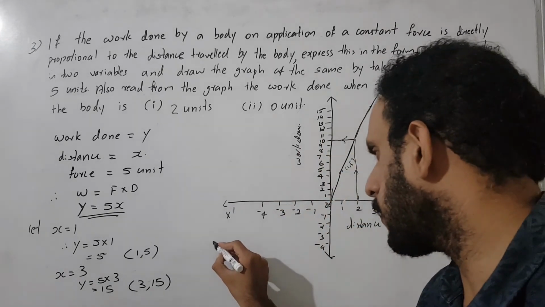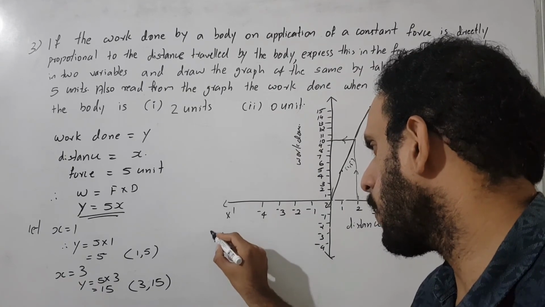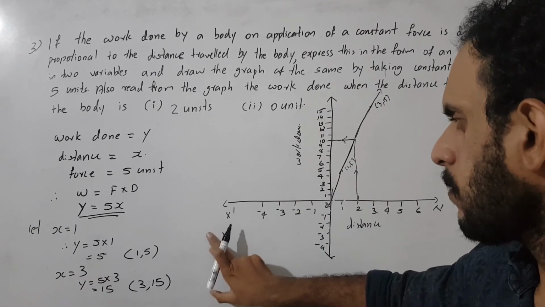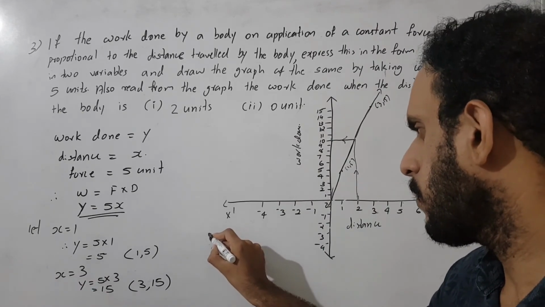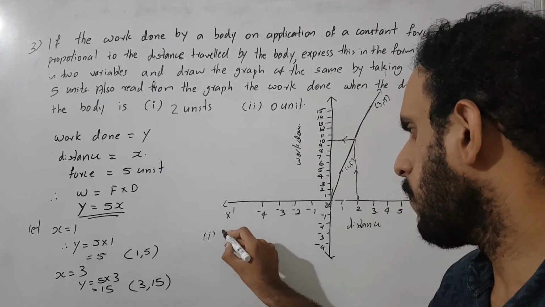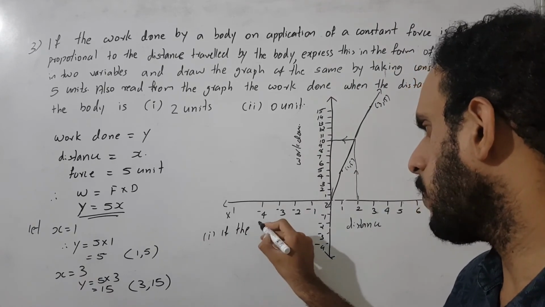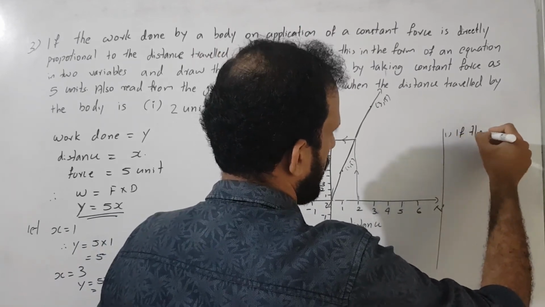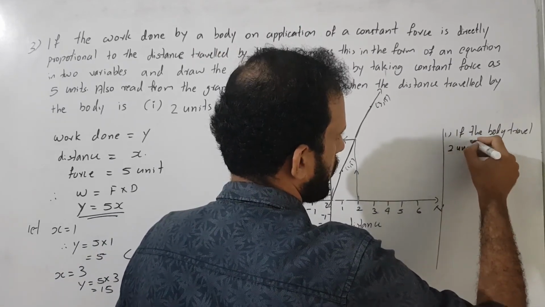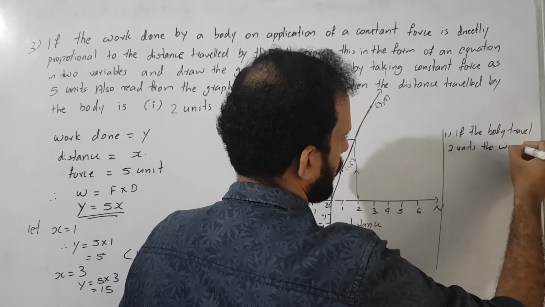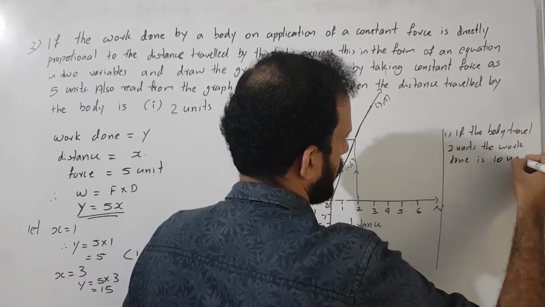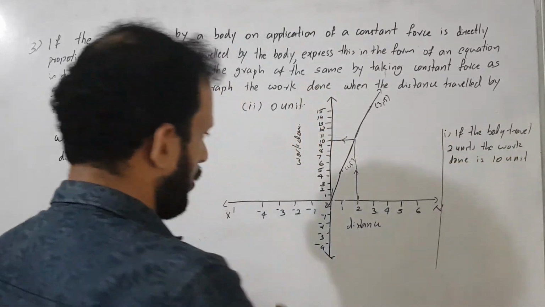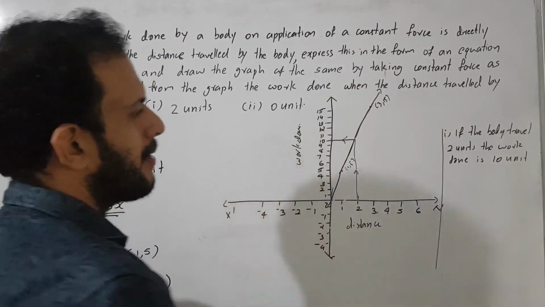Then we write the answer here. The first one: if the body travels 2 units, the work done is 10 units. You do not write it at the side, you write the answer below. Then second,